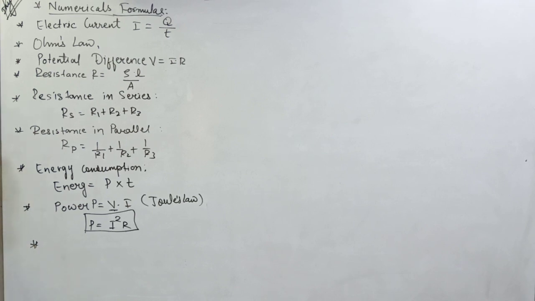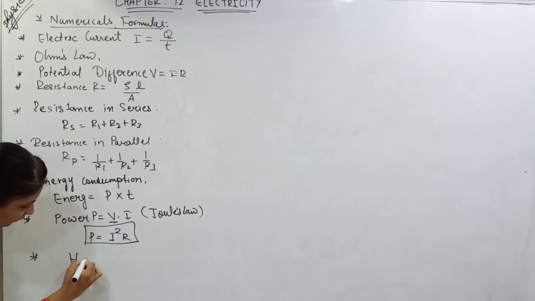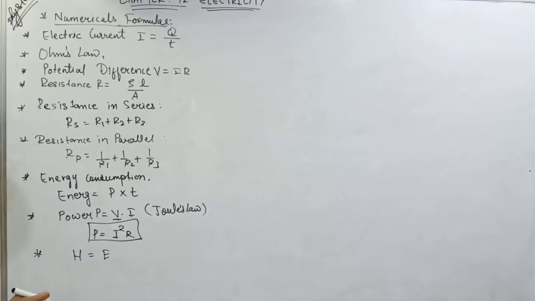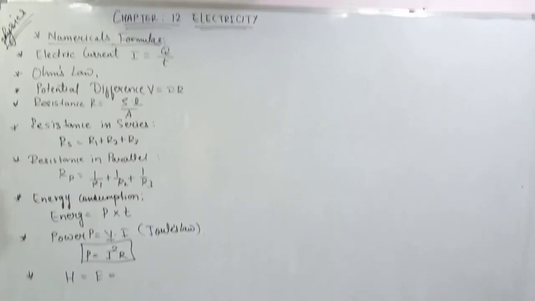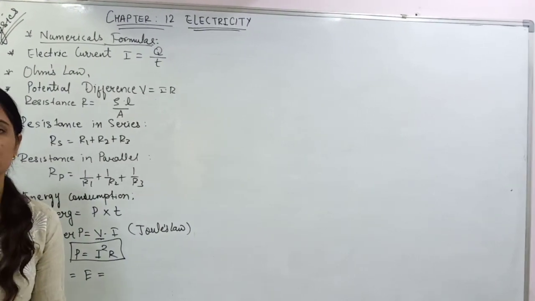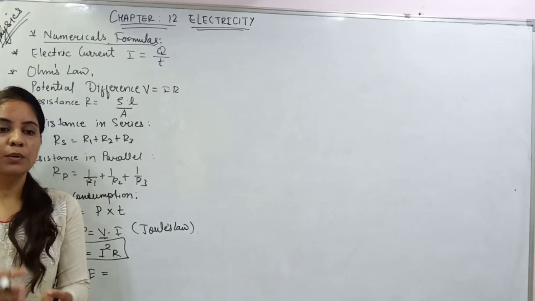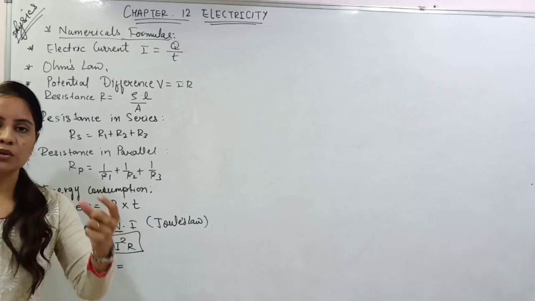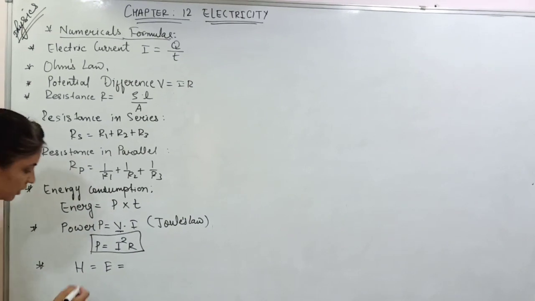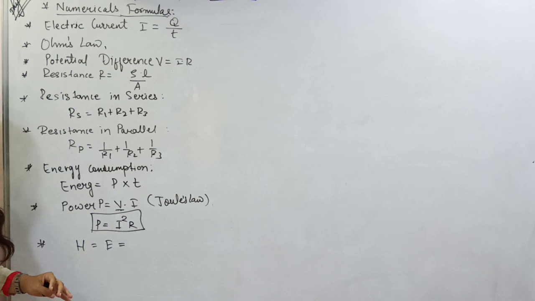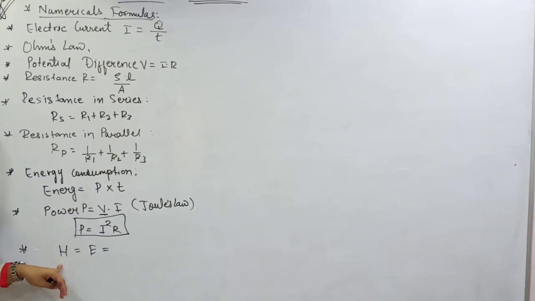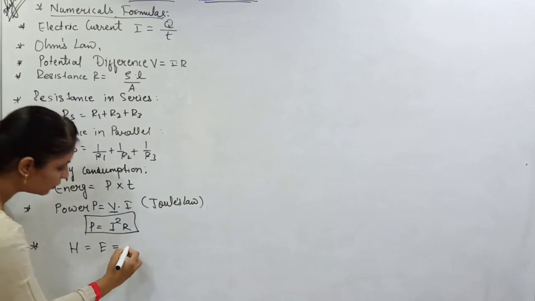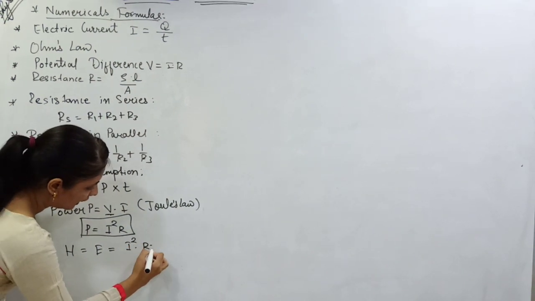For heating effect, we have also seen one equation: H, that is energy only. We can write heating effect H, as well as energy. Sometimes some question is given in which they ask how much work has been done by the object. For that also we can use the same equation, because the work done, energy consumption in some cases, as well as the heating effect, is nothing but a kind of Joule's law, so we can use H is equal to I square into R into T.